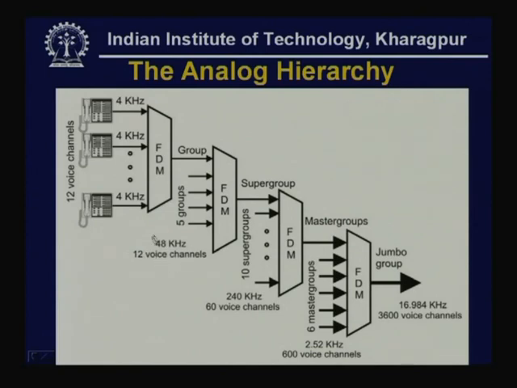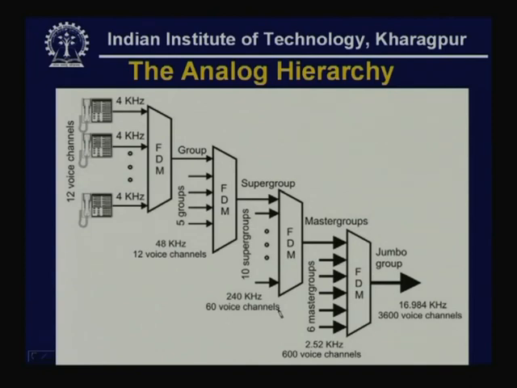Here, as you can see, the bandwidth is 48 kilohertz, and again 5 such groups can be combined to form a super group, where each super group will have a bandwidth of 240 kilohertz, and using this bandwidth you can send 60 voice channels. In the previous case, you have 12 voice channels, and then 5 such groups are combined to form a super group, and through this line you can transmit 240 kilohertz bandwidth,